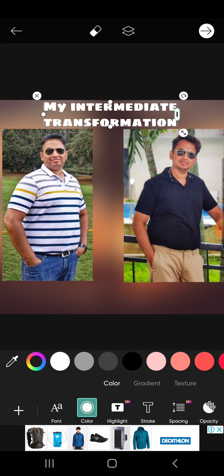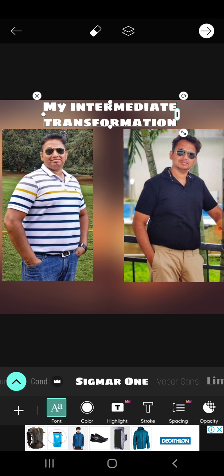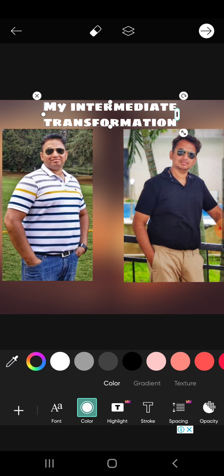The text color, maybe you can also use color. At the bottom you see, if you just click on this particular text box, you will get a lot of options at the bottom. Example like font, color, highlight, stroke, spacing, opacity, blend, etc. Right? So if you click on the color option, it will give you what option you want to select for the text.